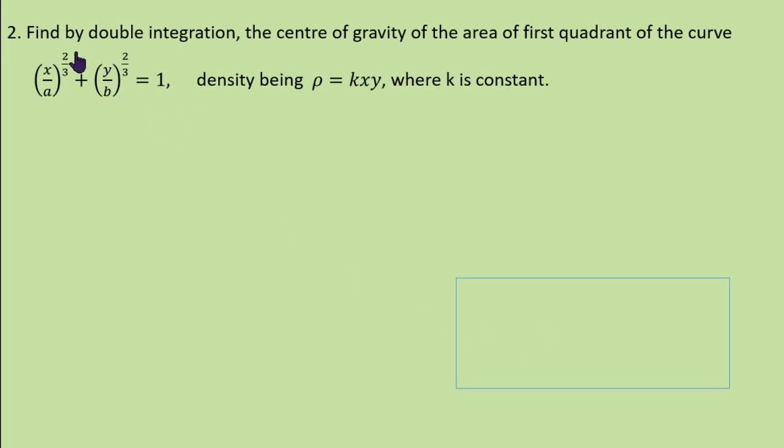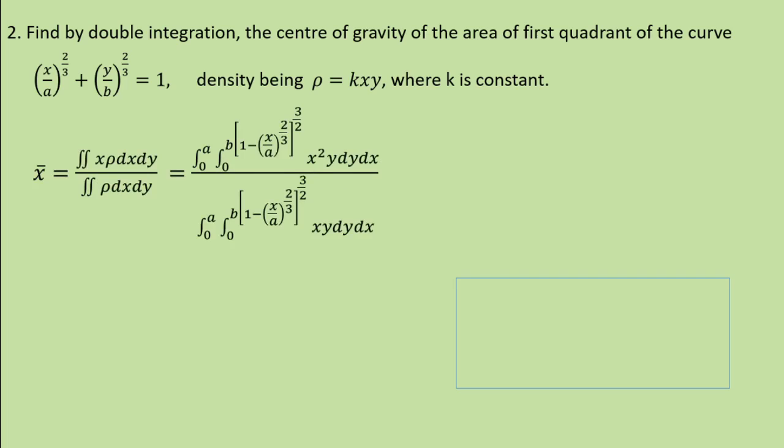One more example: find by double integration the center of gravity of the area of the first quadrant of the curve x by a power 3 by 2 plus y by b power 3 by 2 equal to 1, and density rho equal to kxy, where k is constant. Therefore, in x bar y bar, the rho is kxy, take k outside from numerator and denominator of x bar, you can cancel k, and hence